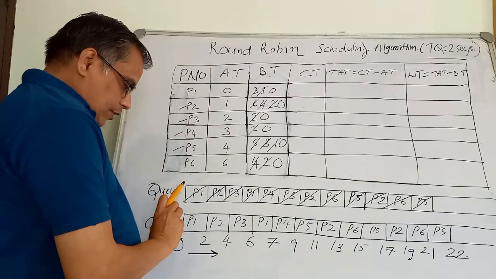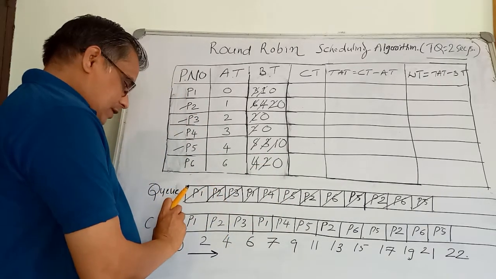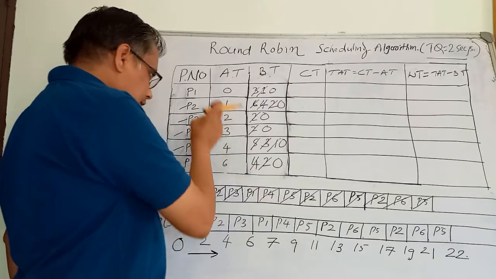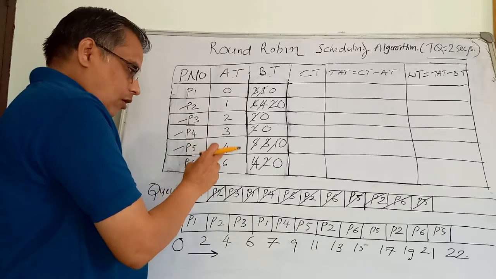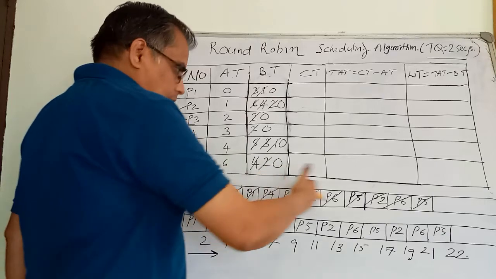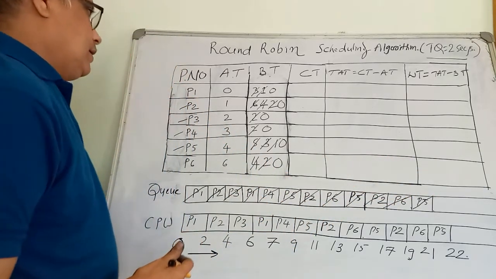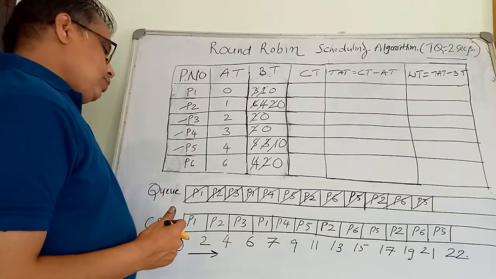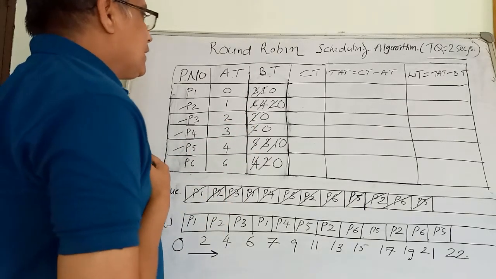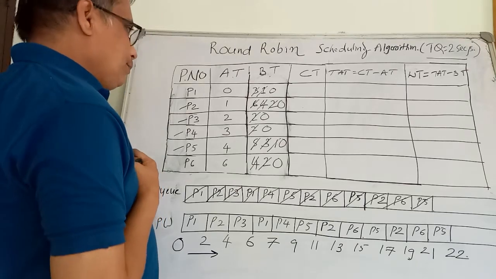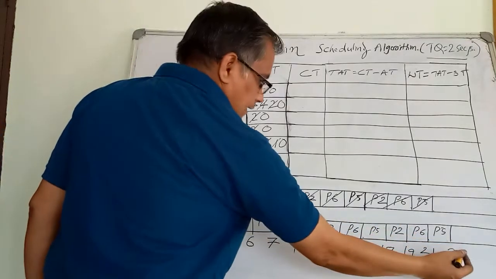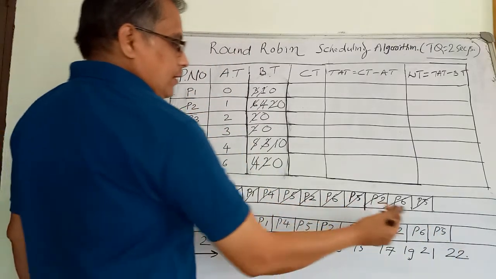So when it comes to executing the particular process as far as CPU is concerned, you need to consider the queue. Queue is basically meant for loading the available processes, or any process that wants to be repeated according to the criteria. Also you have to mention here. Okay. Now you can start entering the completion time of the process. You can just see here from right to left.